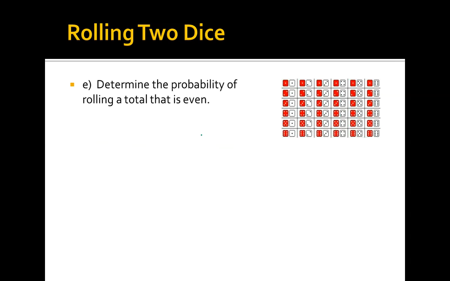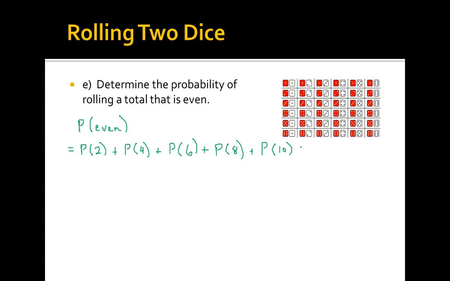One last one. How about the probability that we roll an even number? So I might write this one this way, and you can feel free to as well. For getting an even number, well, that would be rolling a 2, and we're going to add up all the probabilities where we get an even number. So just going at this one in a slightly different way. You can certainly just count up all of the outcomes that are even, but we can do it this way too. So we had a 1 in 36 chance getting 2,